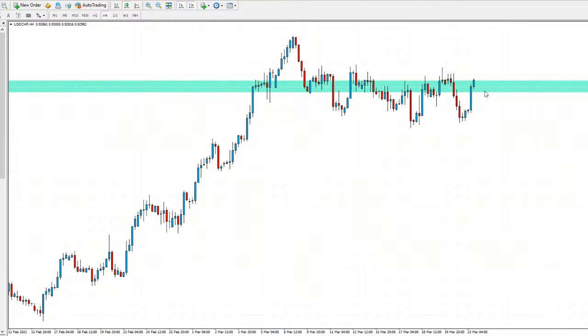Might see a bit of retrace maybe one last time, but as you can see, we're getting this bit of a bowl shape here. Price is failing to create lower lows, and now it's actually starting to create higher lows. So the bias is to the upside for USD-CHF. Could see a bit of a pullback first because of where we are in the market, all that consolidation. Might struggle to break through that at first, but I do see USD-CHF breaking through that level